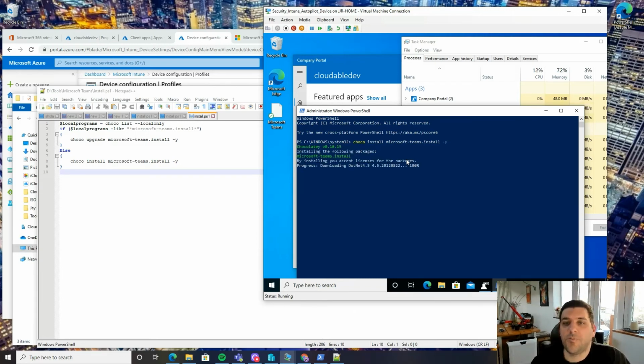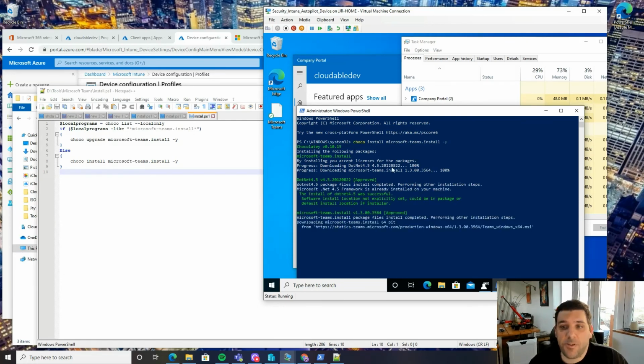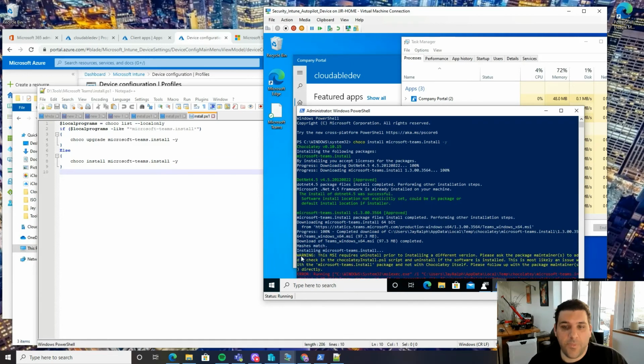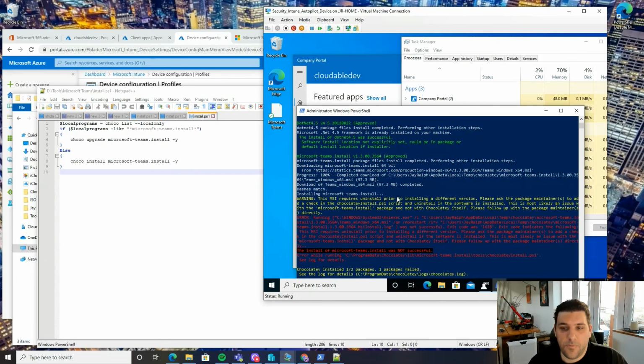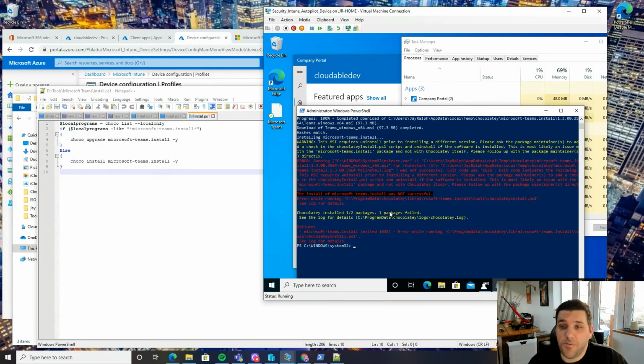So what happens now we're running this command, Chocolatey is going to go out. It's going to grab the installer for Teams from Microsoft. Here it goes, statistics.teams.microsoft.com, grab the installer, brought it down locally. It's going to install. And it's going to fail. How about that? Why did it fail? Failed because the version